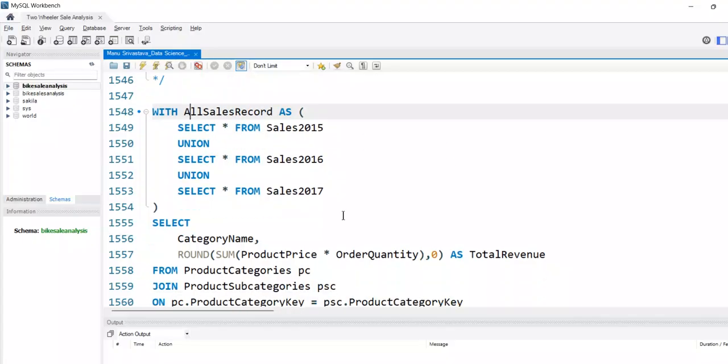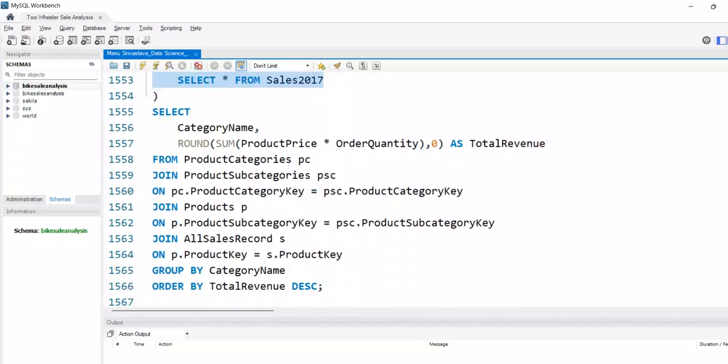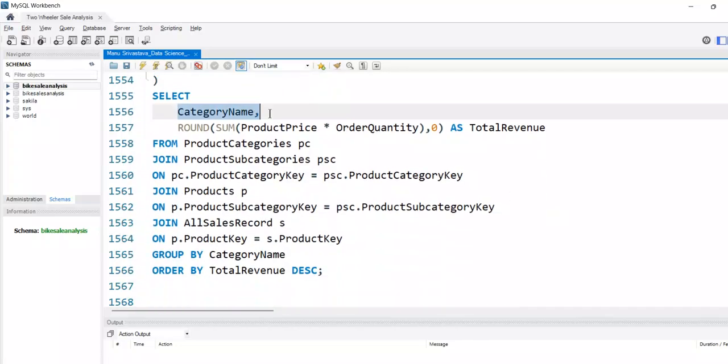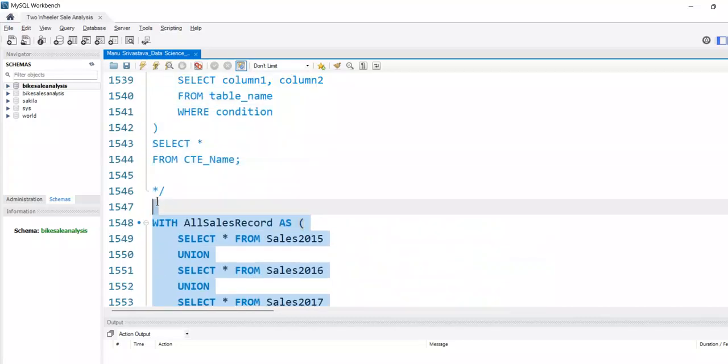We will call this later into our query here. We are selecting a few columns. We just want the category name and the total revenue. We are picking from product subcategories, joining products, and joining all sales record. We are joining these 3 tables, grouping by category name, and ordering by total revenue descending. Once I execute this query,